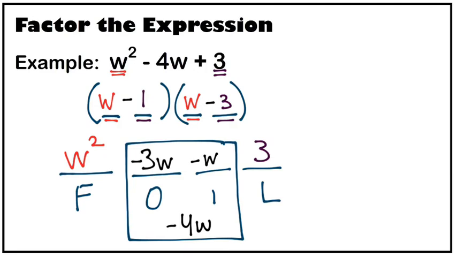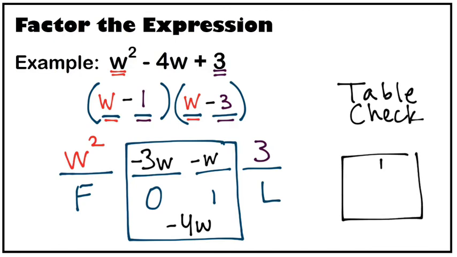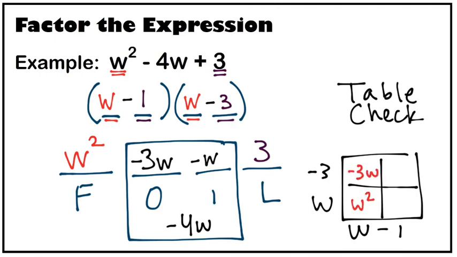That should be the binomial that gives us the product w squared minus 4w plus 3. But I'm going to come over here and do a table check to make sure that we have the problem right. So I'm going to take my two binomials, and I'm going to put w minus 1 here and w minus 3 here, and I'm going to multiply them, and I get w squared minus 3w minus w